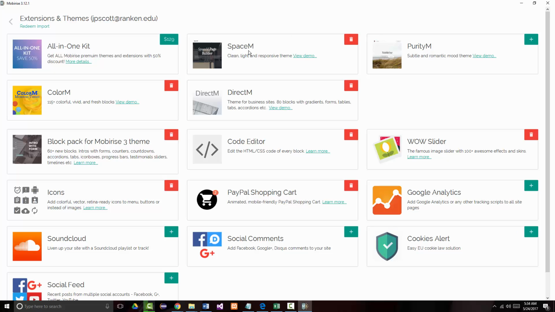When you bring this up yourself, you'll see that many of the things in here have got an orange trash can on them. That means that these things have been loaded, and if I want to, I can get rid of them. But one of the biggest ones is this one right here,